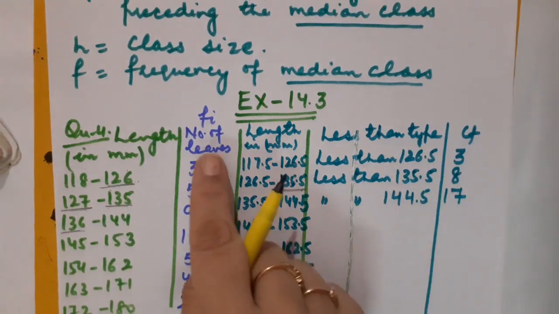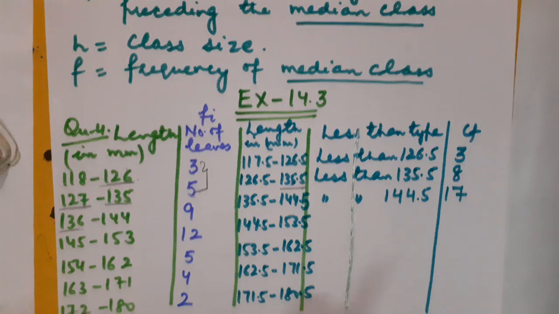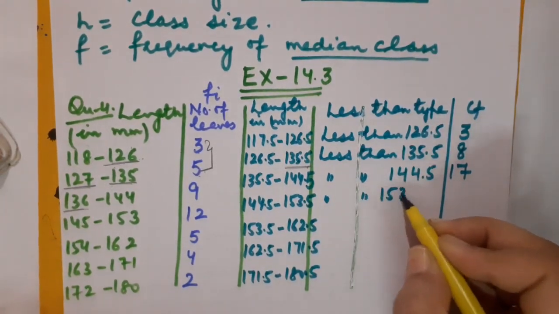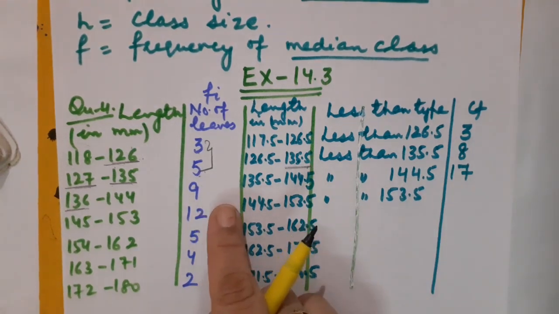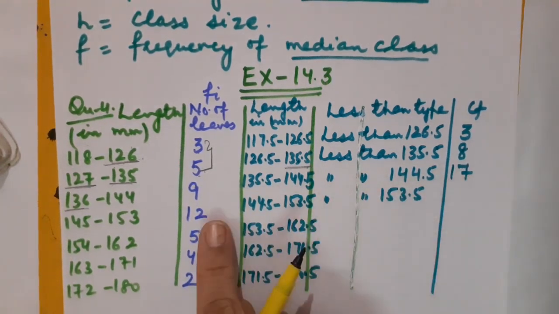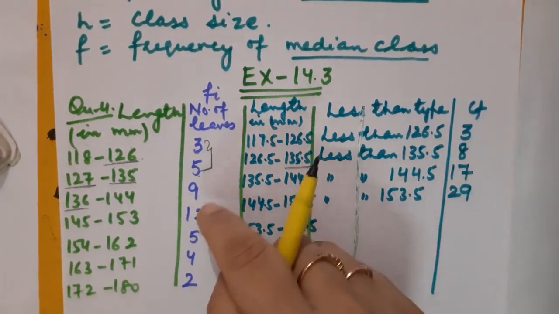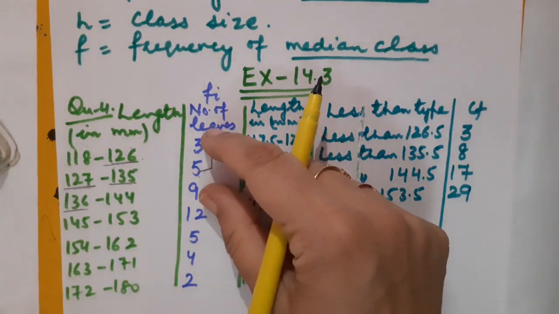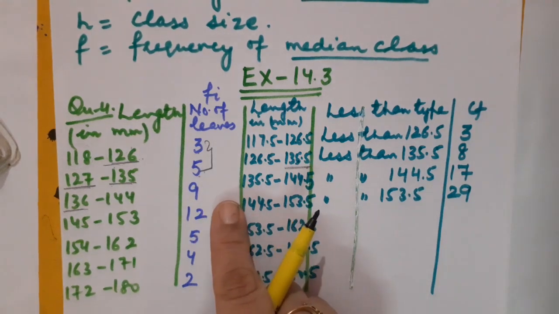So isn't it the consecutive sum of the frequencies to calculate cumulative frequency? Correct? Now let us switch to next. Less than 153.5. So in that case, now 12 will also be added. It would become 17 plus 12, that is 29. Either you can add all these 4, or you know the summation of these 3 frequencies, just add 12 in that.